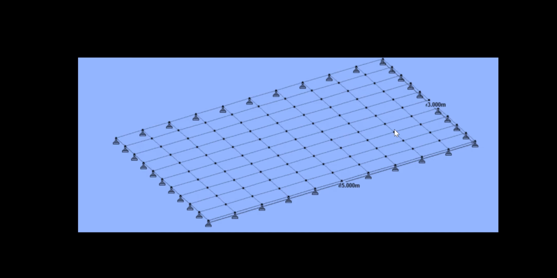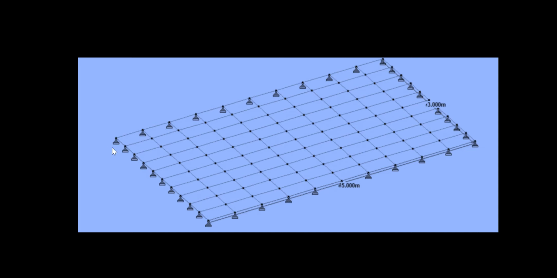So last class we discussed the detailing of a one-way slab. Today we are going to discuss the numericals on two-way slab. As you have seen the theory part behind the two-way slab, I'll just go through that. A two-way slab is one which is supported on all four edges and the Ly by Lx ratio is less than or equal to 2.